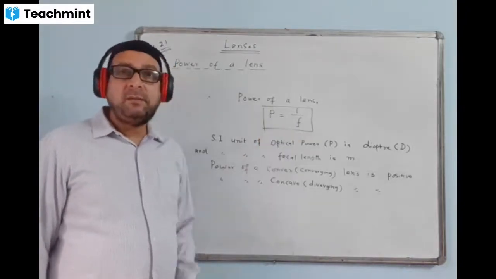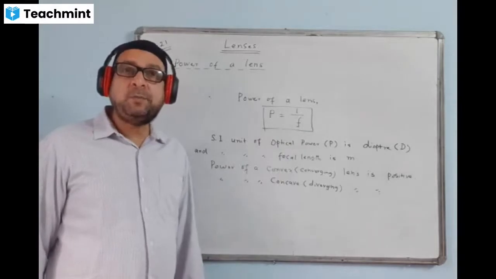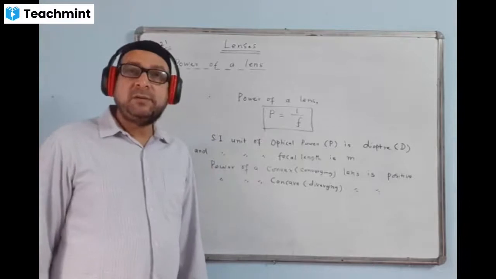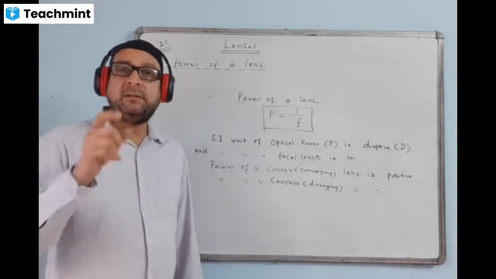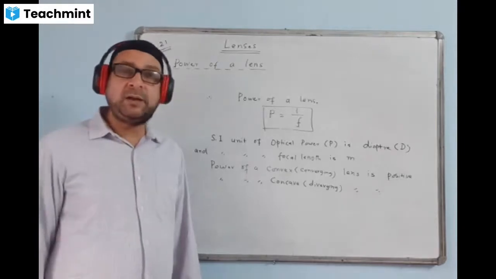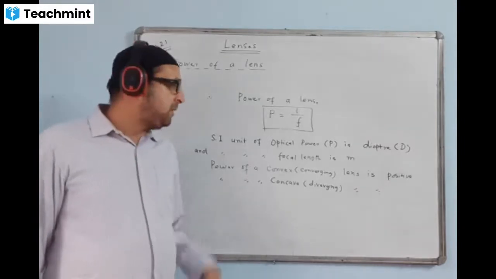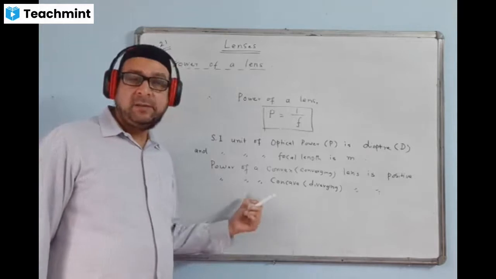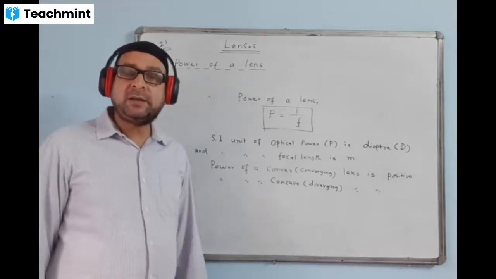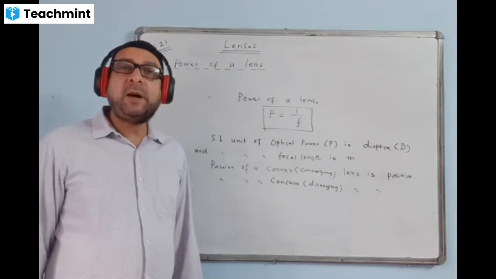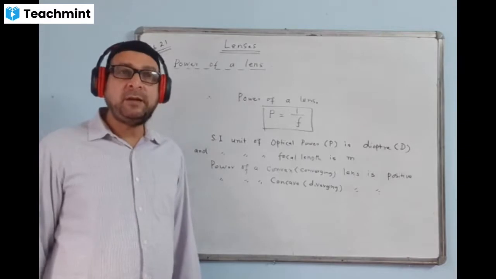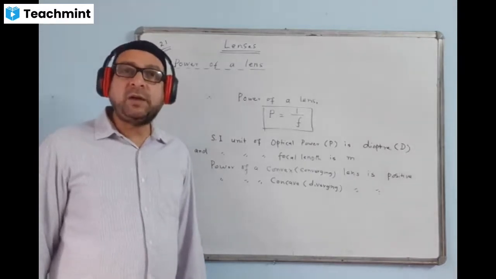When thickness is more, power is also more, but the focal length will be less. Thin glass will have larger focal length than the thicker one. Please note it down. These two points are important. Write down: thick glass has higher power, but shorter focal length.